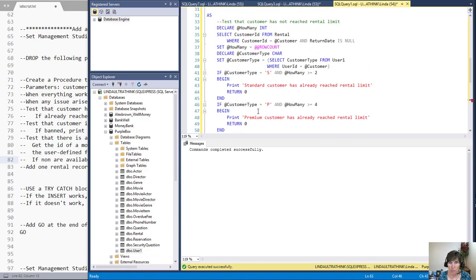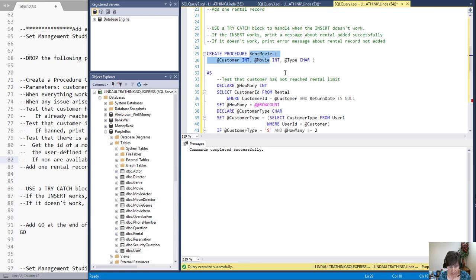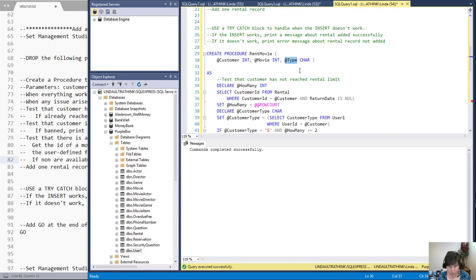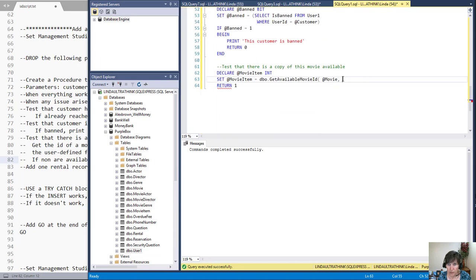So it's expecting a movie ID, and we have that, and a movie type, and we have that, so that's what it's going to get us. And remember, it's going to return the actual movie ID or a -1 if it didn't find one. So the problem is going to be if it returns a -1. So if it turns out that movie item is actually equal to -1, then this is where our problem is,